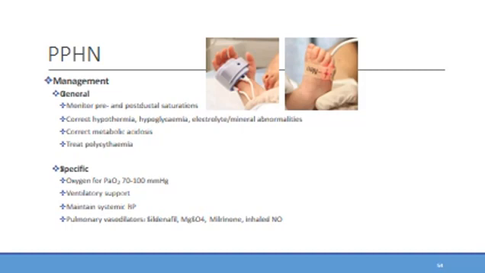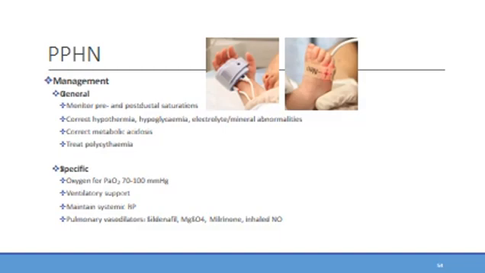One can correct the hypothermia, hypoglycemia, as well as electrolyte or mineral abnormalities. Metabolic acidosis will worsen pulmonary hypertension, and therefore this could also be corrected. If a baby is polycythemic, it may lead to hyperviscosity syndrome that can aggravate the symptoms, and this should be treated according to guidelines. Specific management strategies include oxygen therapy, and here one can aim slightly higher, namely 70 to